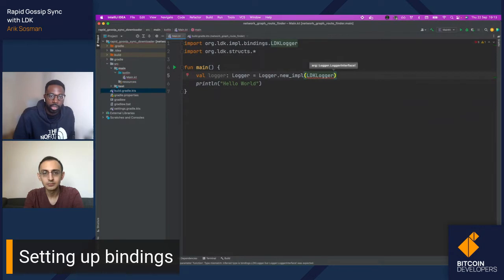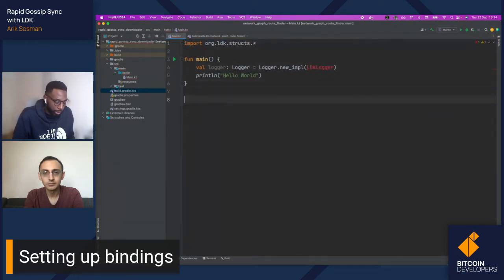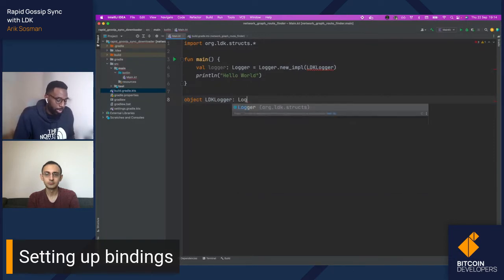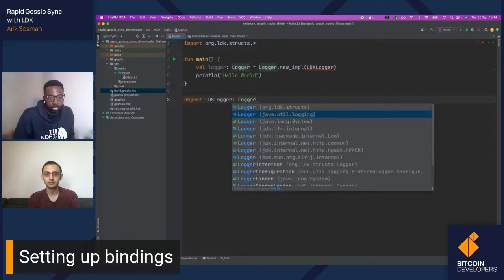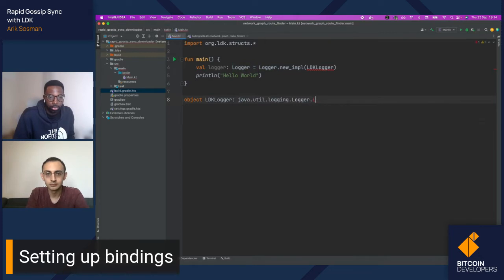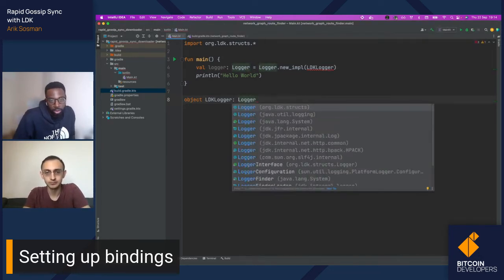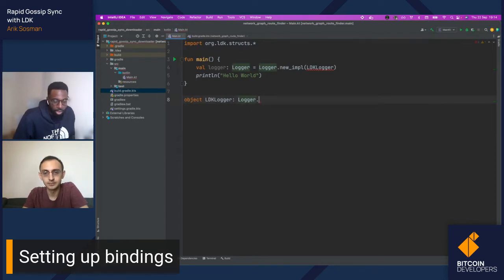We'll call it LDK logger, and create an object down here that is logger on LDK logger. And I guess we want to implement the logger interface. Oops, that's the wrong one. I think the first suggestion was the right one. Yeah, there we go.